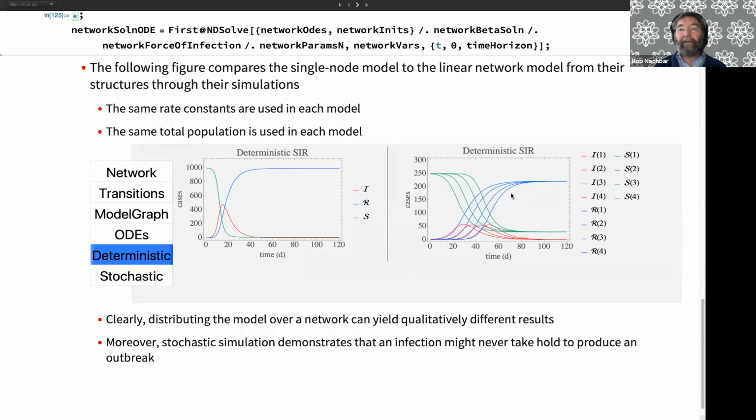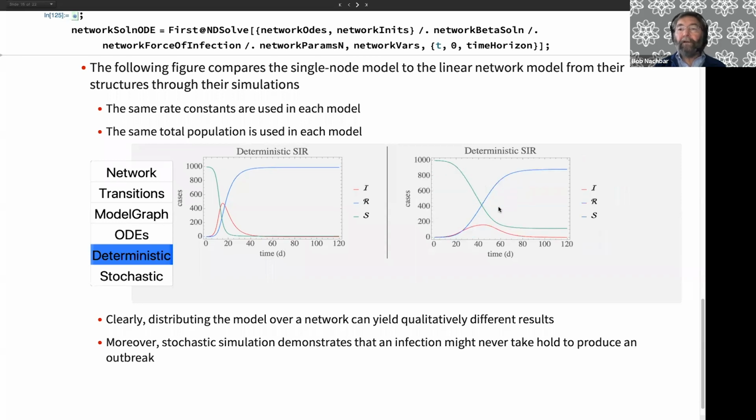And we can look at the aggregate behavior here, which is just adding everything up by the health state. We can see it is qualitatively different from the simple SEIR model, in that the number of infected people is spread out over time, and it's not necessarily a symmetrical infection here. In fact, this looks like it's got a long tail, and it has a longer rise, it looks like.